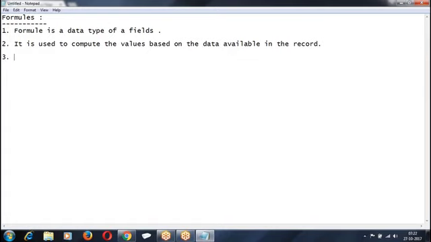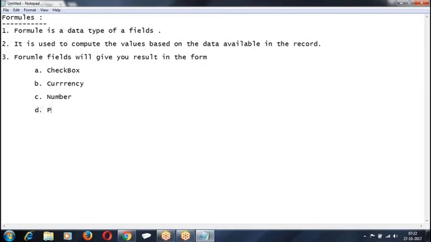And we have the third one. Formula fields will give you results in the form of text, checkbox, currency, number, percent, date, time.